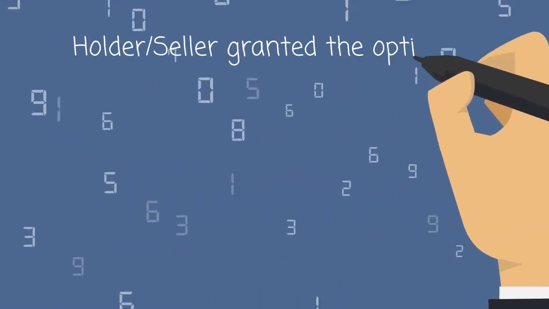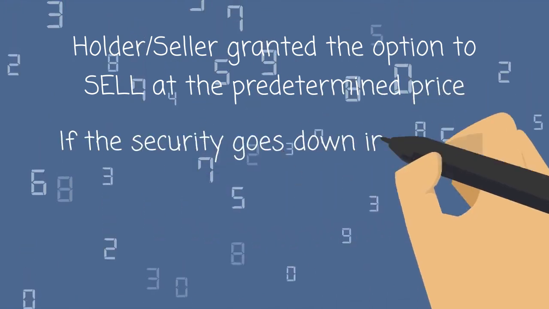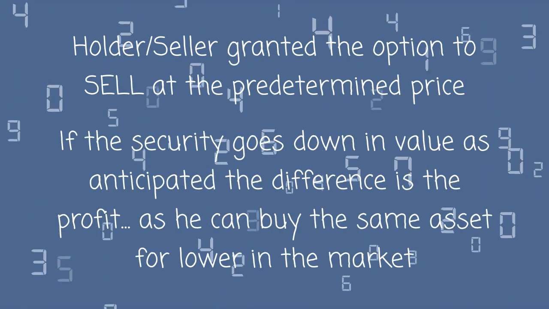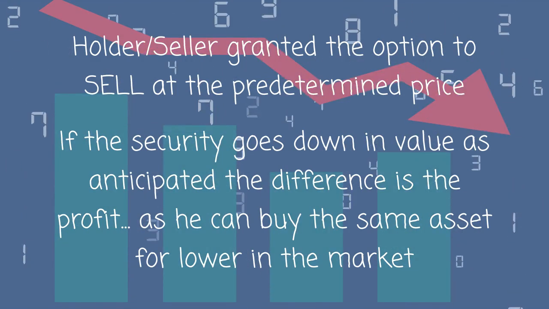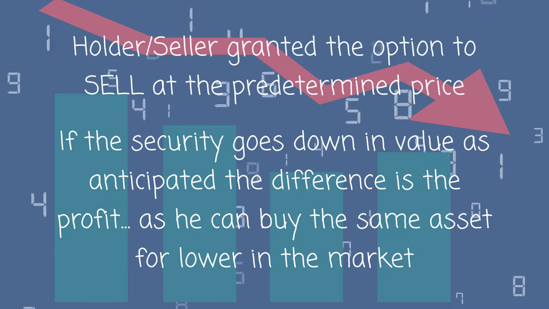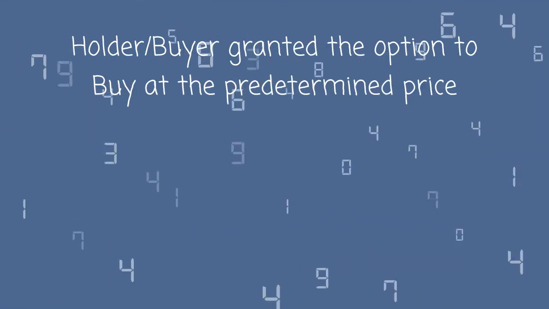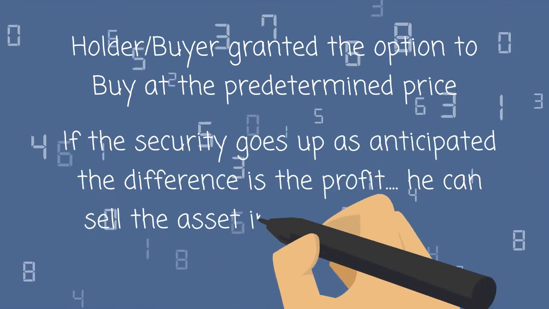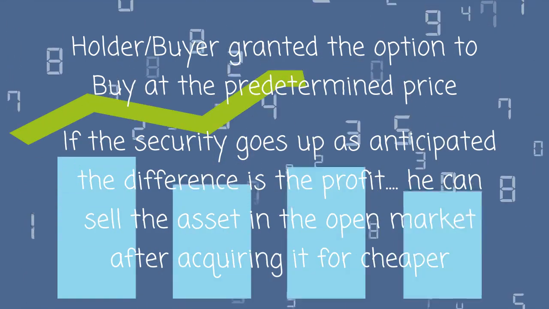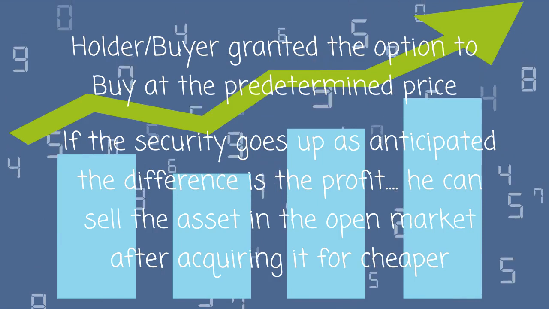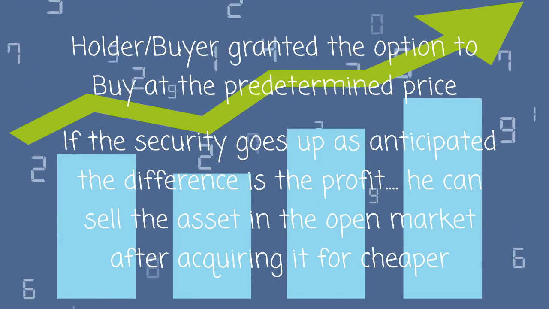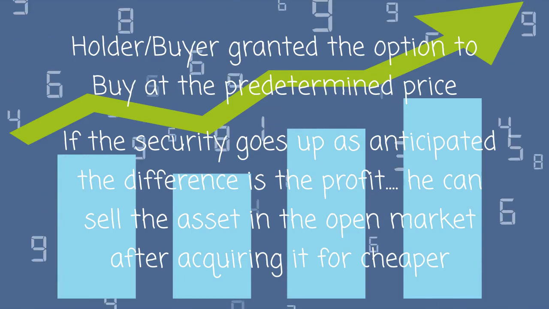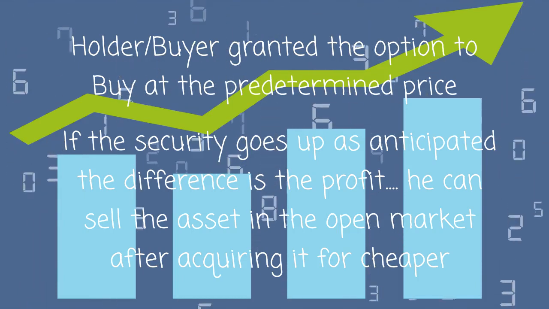A put option is a derivative that gives the holder/buyer the right but not the obligation to sell a security at a predetermined price. Buyers of puts are those that are looking to hedge or speculate on the price of a security going down. Subsequently, a call option is a derivative that gives the holder/buyer the right but not the obligation to buy a security at a predetermined price. And therefore, buyers of calls, as you can probably guess, are those that are anticipating the price of a security to go up so that they can profit and benefit off this movement.